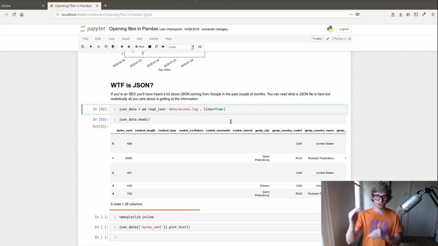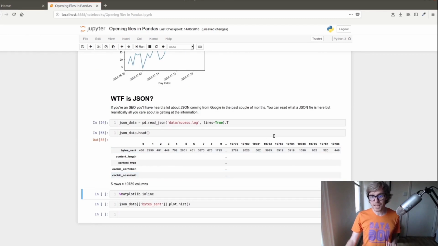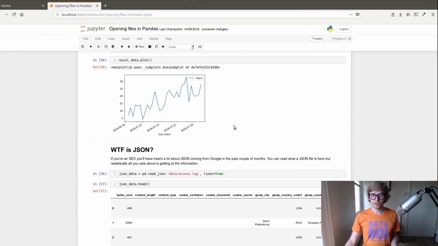because it's reading in a file that's of a completely different structure. And to show you what that T was, if you need to transpose your data, so take it from going this way to this way, you put .T, I think it's capital T, and then you can get it like that, which is not useful in this case, but sometimes you do need to transpose your data. So that's how you read a .json file,